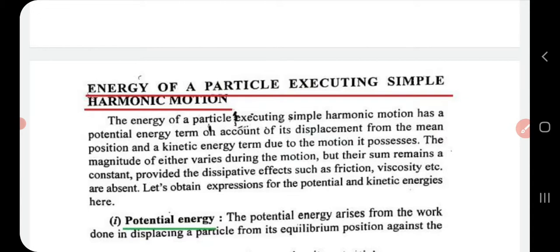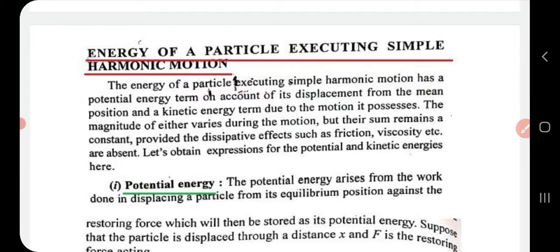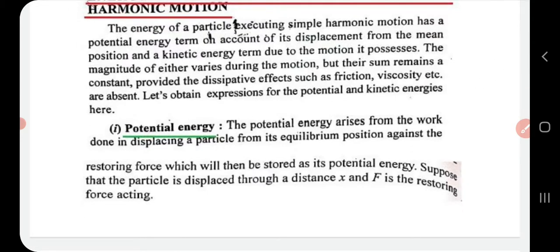Now the magnitude of both potential energy and kinetic energy will change or will vary during motion. However, their sum will always be a constant, and that occurs only if frictional force, viscous force, etc. and all is absent. Now let us derive the expression for potential energy first. As I already said, potential energy arises from the work done in displacing a particle from its equilibrium position against a restoring force that tries to bring it back,